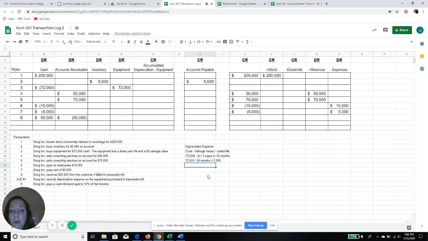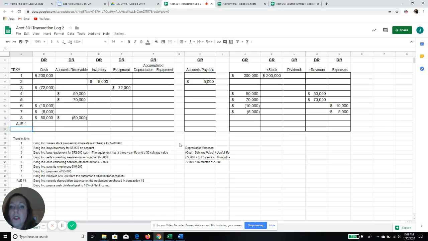When we book our depreciation, that's going to be, well, let me put this here first, AJE 1. Depreciation is an expense, so we are going to increase our expenses by $2,000. Expenses are negative equity, so when we increase our expenses, we decrease equity. The offset to this is we are also going to decrease the value of the equipment in our books, but